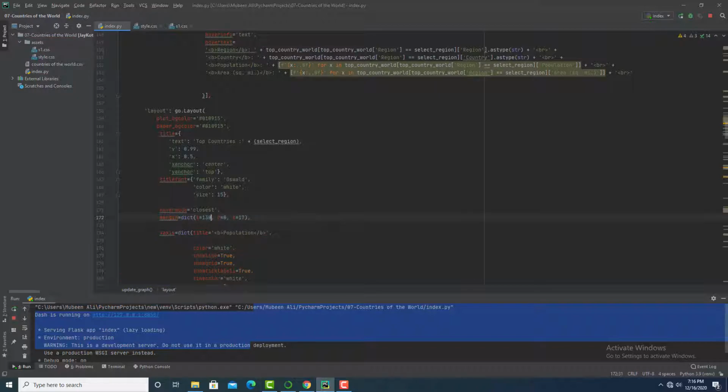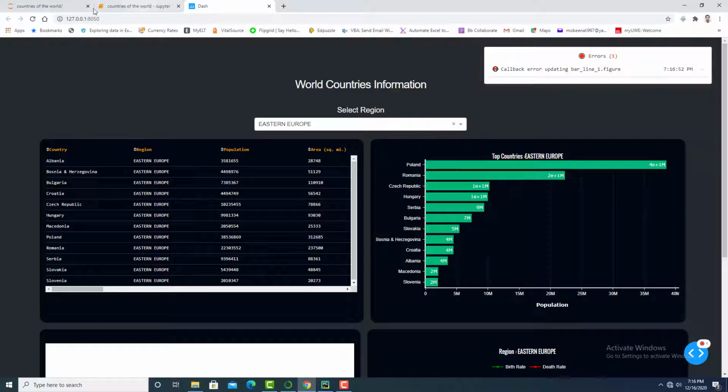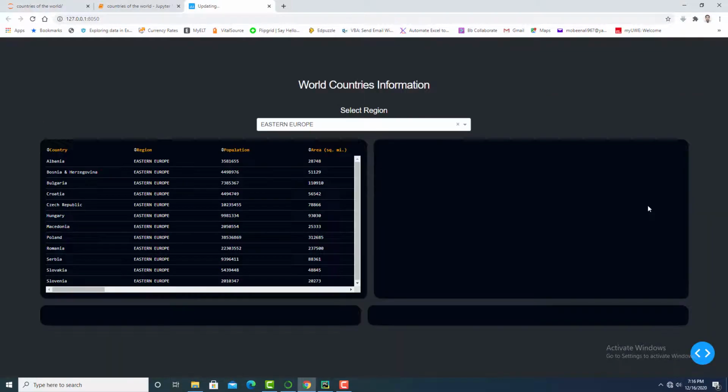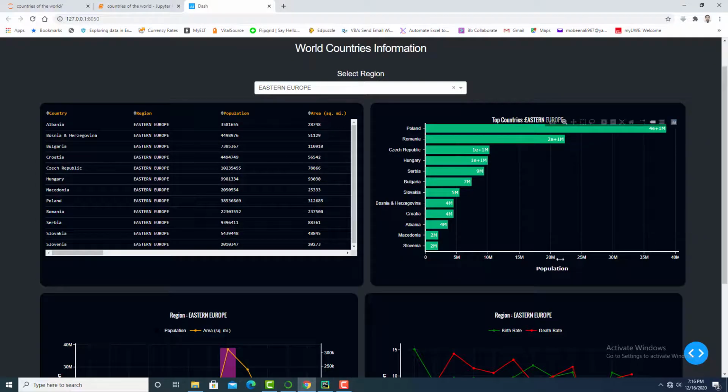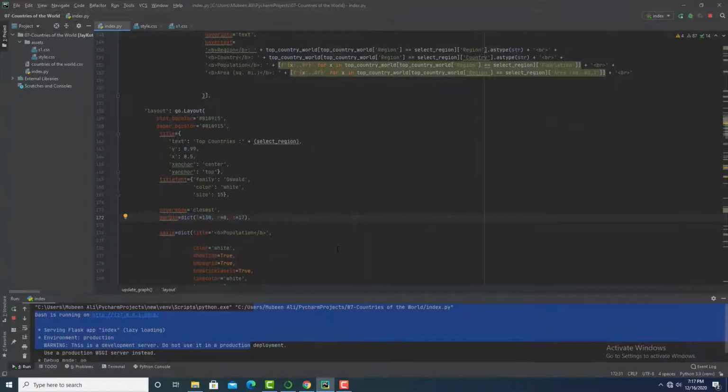then save the code. Now we can see the horizontal axis of this horizontal bar chart. I have used margin 0 to increase the size of this horizontal bar chart. So I have displayed values horizontally. I used here the same value.